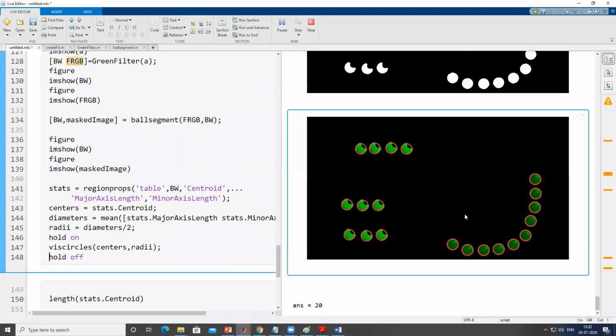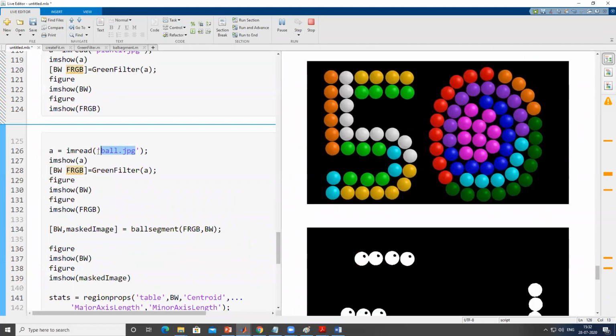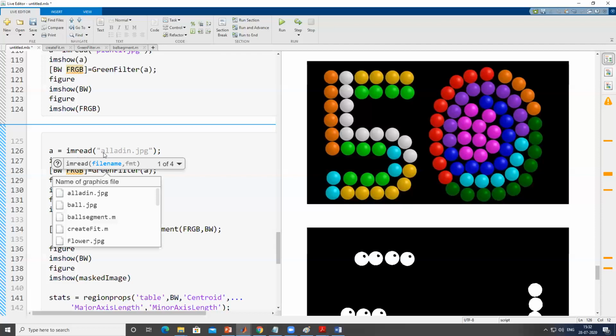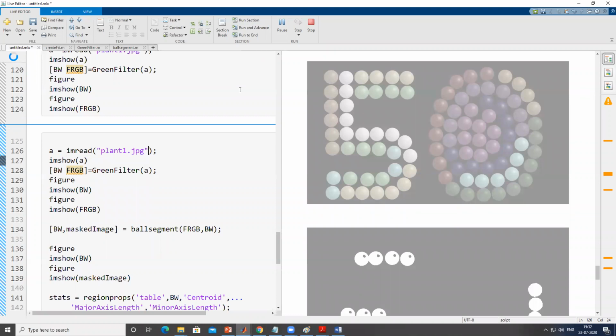Okay, so now same thing if we do on a leaf. Here we will just change the image with the leaf image. The leaf image, I guess I have stored it with the plant image. Let's run and see.